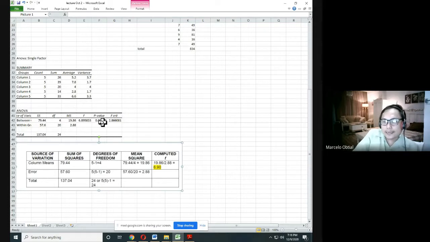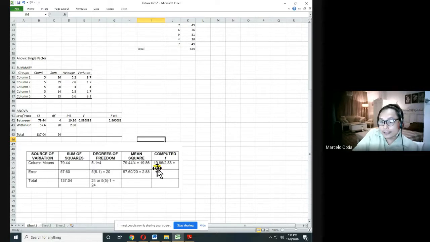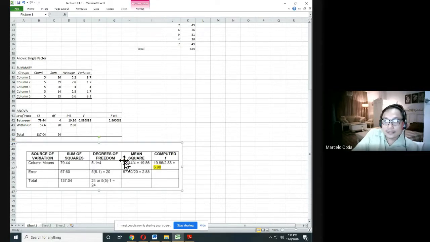This I did not teach even to other batches. When the P is less than 0.05, it means your F is significant. Anyway, I will just remove it so you won't be confused. So our computed F is 6.89895, and that is 6.9. It was rounded off, class. Our critical region, this one,